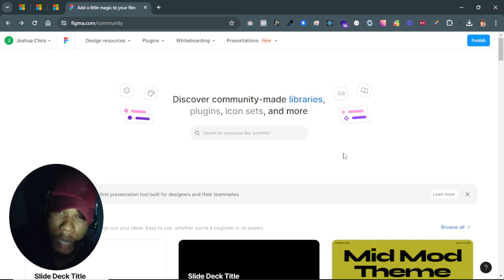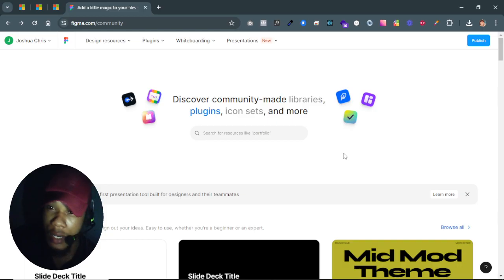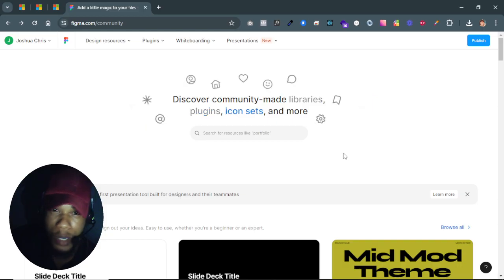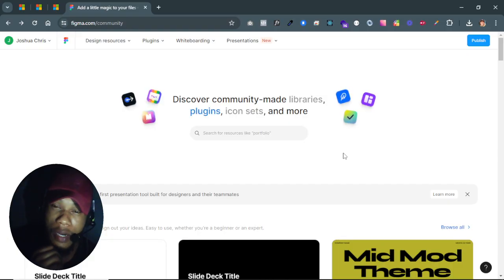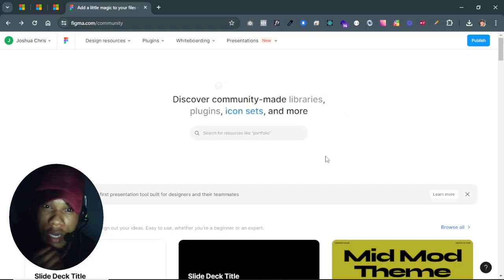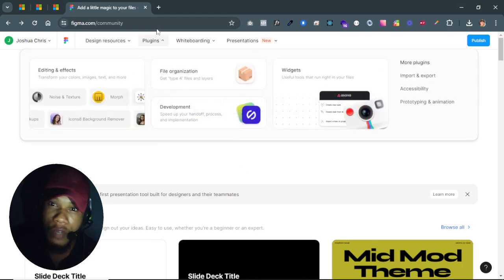If you tried out Figma's community, it's right there. You do want to check out what's there. Beautiful stuff. Probably you've checked it out before, probably you've not checked it out before, but you do want to check it out, alright? So here we are. I mean, literally you could search for anything you want here, right? But let's say you come over here. So if you just go to